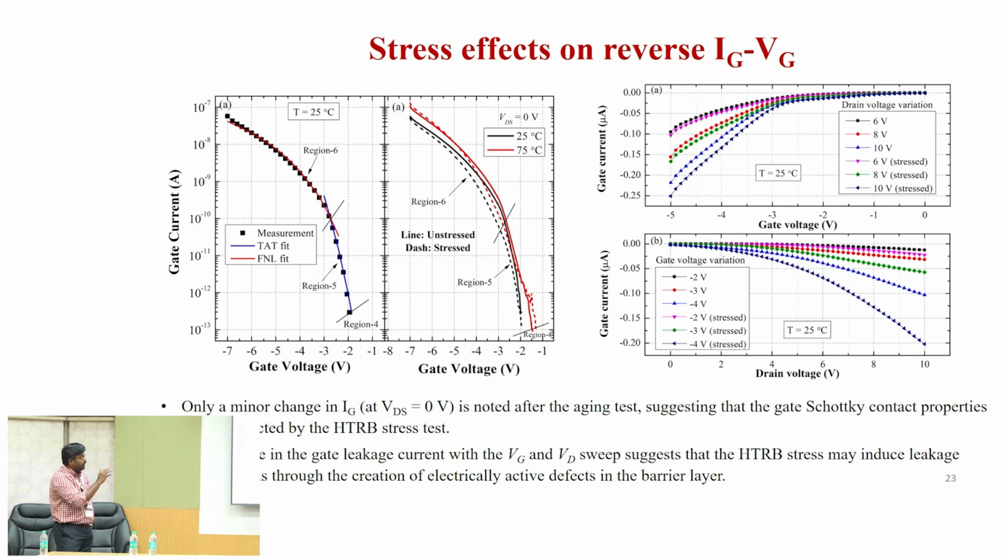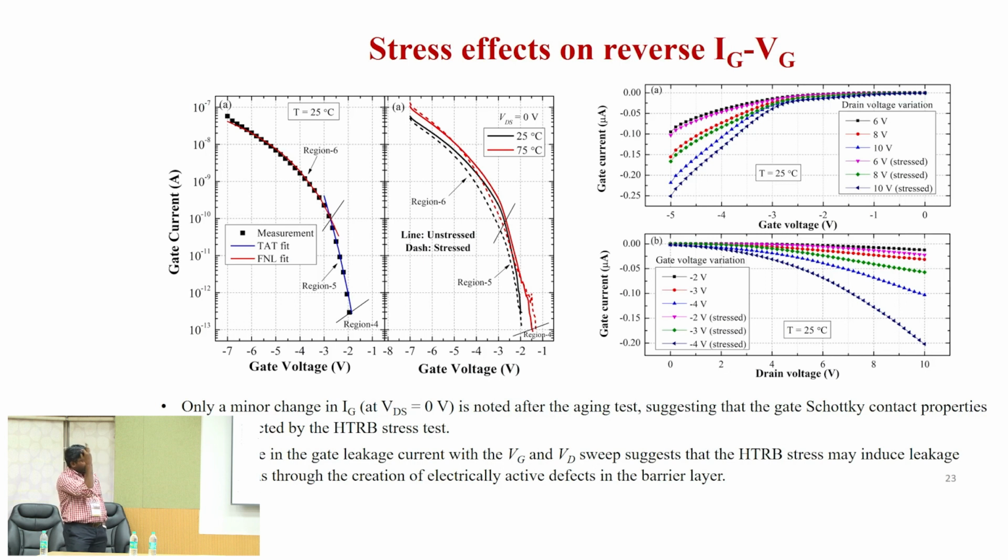your gate Schottky diode. But if you are doing the gate leakage current measurements for different drain voltages, these are VDS equal to 0, but if your drain voltages are larger, we are observing an increase in the gate leakage current after the stress. So it is considered that your gate Schottky diode qualities remain unaffected, but there may be a possibility of,